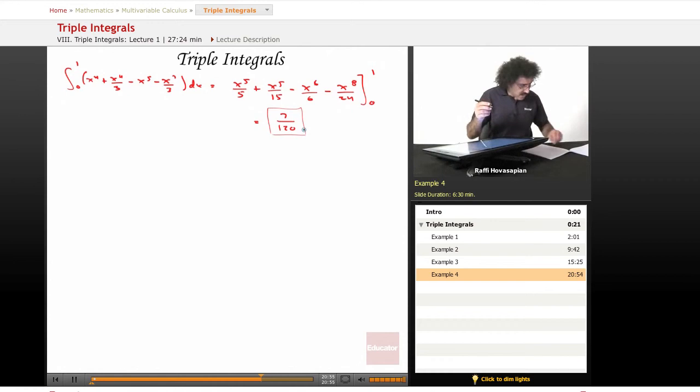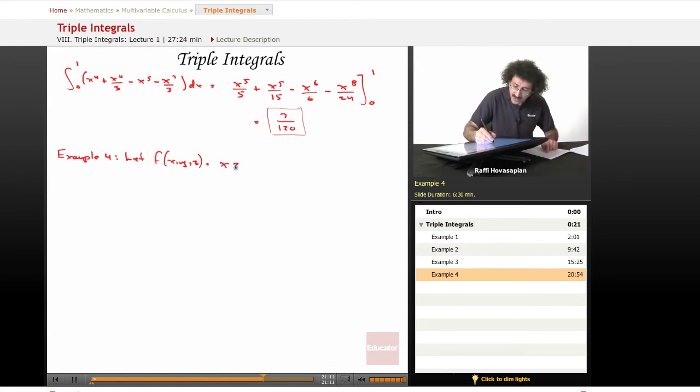So let's do a final example here. This is going to be example number 4. We will let our function f of x, y, z equal some trigonometric function this time, xz times the cosine of xy. So that's going to be the function that we want to integrate. And we want to find the integral of f over the region